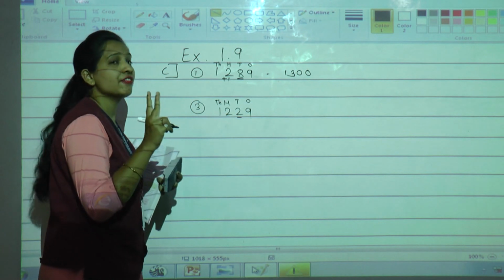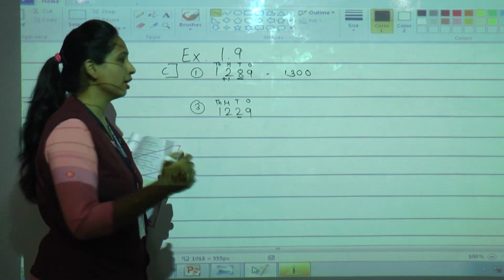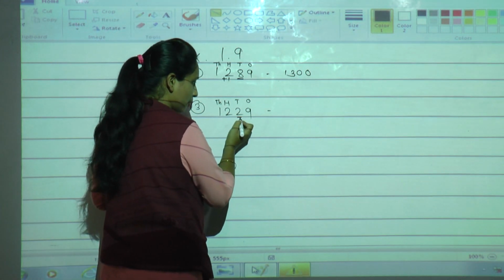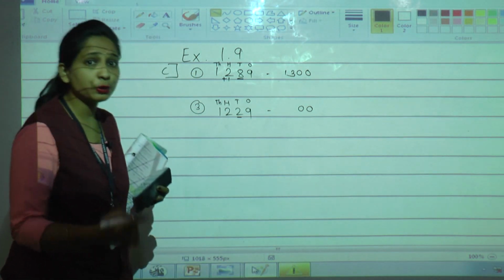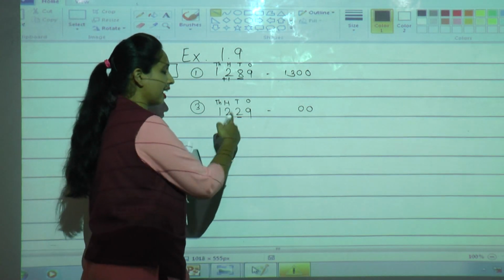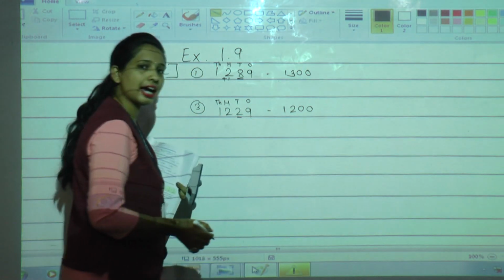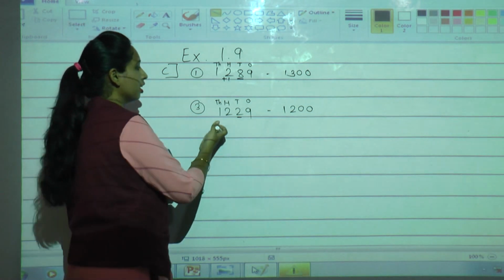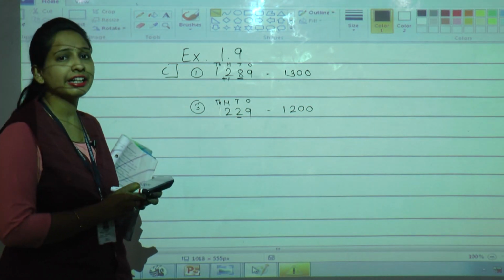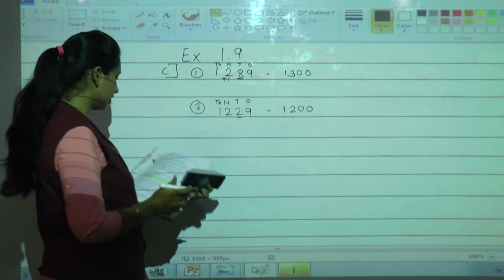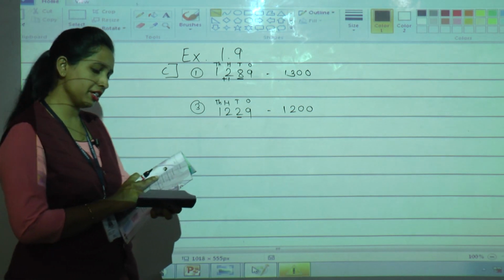2 is there. If it is 4 or less, of course 2 is less than 4. Then what to do? Place the zeros at the ones place and tens place without changing the hundreds place. Write as it is. So I will write 2 as it is and 1 as it is. So the rounding of this number is 1200. Got it? Clear? Yes. Now we will go to the next question. The remaining second and fourth you are going to solve by yourself.